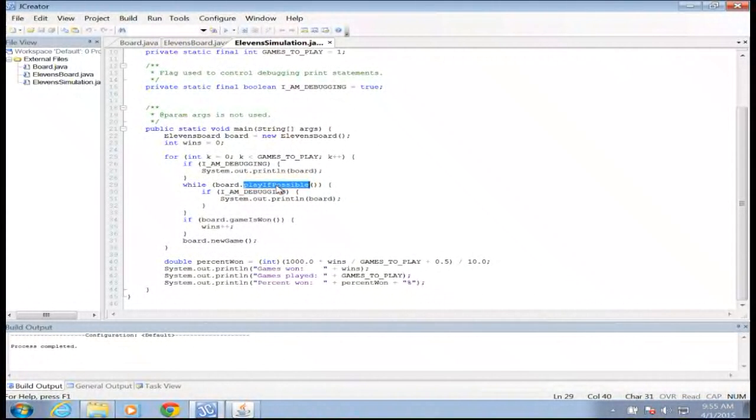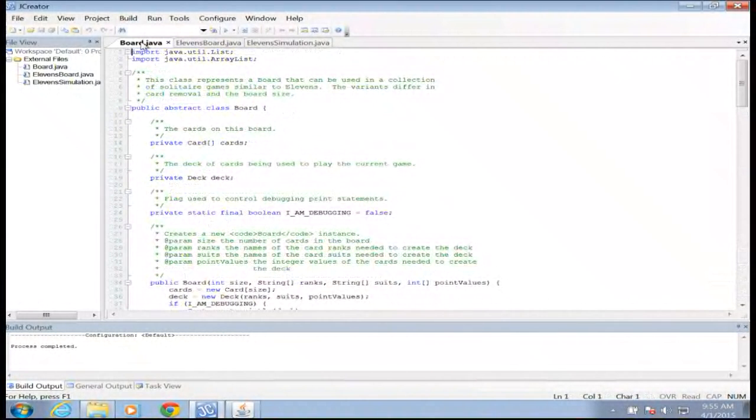The idea of a play if possible is that I want to physically play the game. I want to physically have the board play itself, which means I need to go back to my board class,